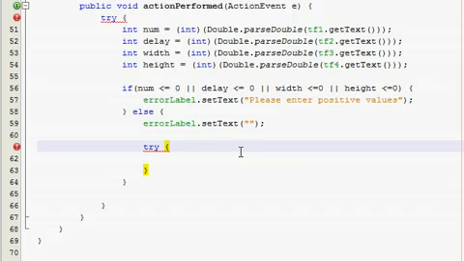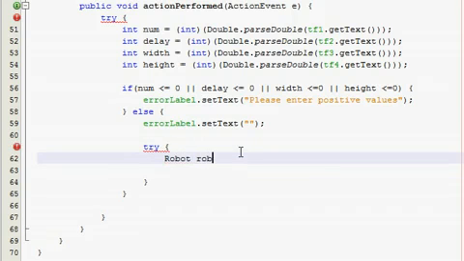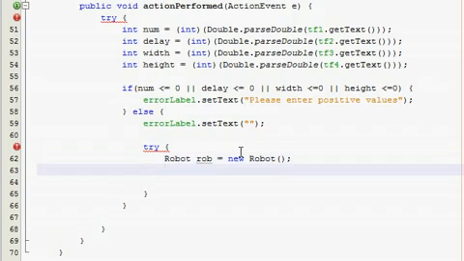So robot, I'm gonna call him Rob equals new robot, and then I'm gonna do a for loop. So for int, and let's call it x is equal to 0, x is less than or equal to num, and then x plus plus. Now another curly brace,